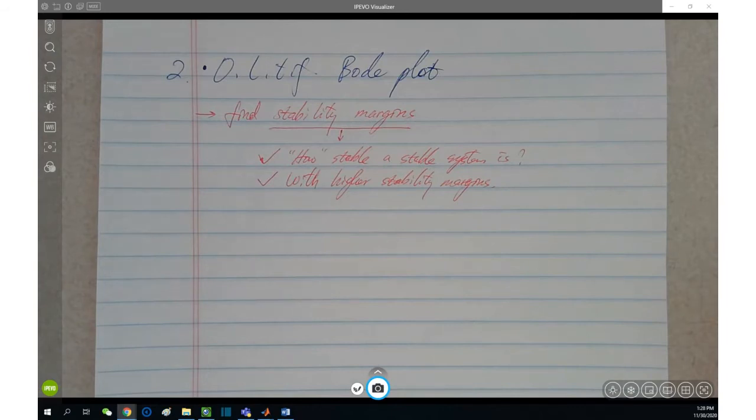First of all, higher stability margins means what? Means this system is what? More stable. Does it make sense? How about this concept? Higher stability margin means this system is actually more stable. Then means what? Less overshoot. I think that kind of concept is close. That kind of close. However,